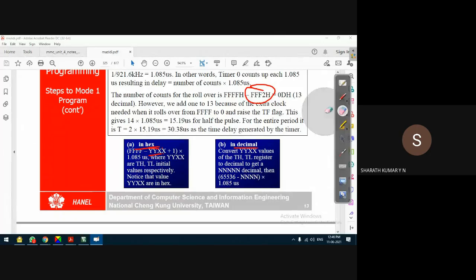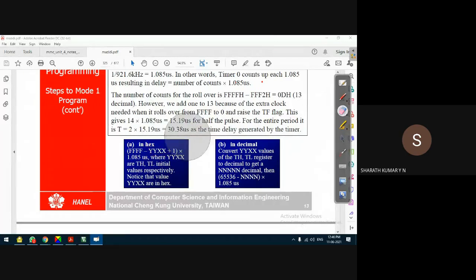In the hexadecimal method, we take the initial count loaded to the timer as YYXX, some random representation. That means TH0 will have YYH and TL0 will have XXH. That is the initial value loaded to the timer.